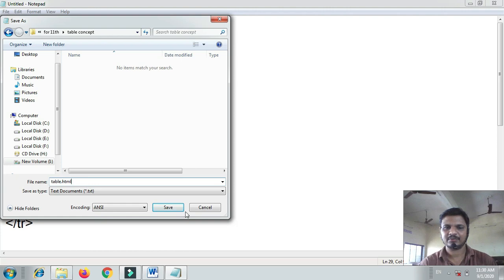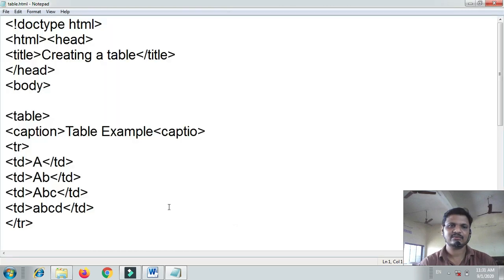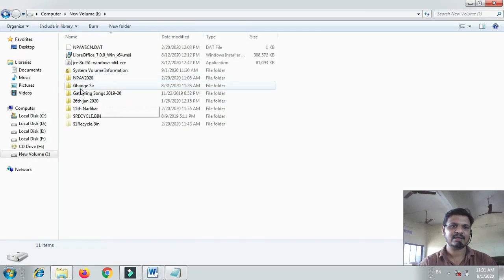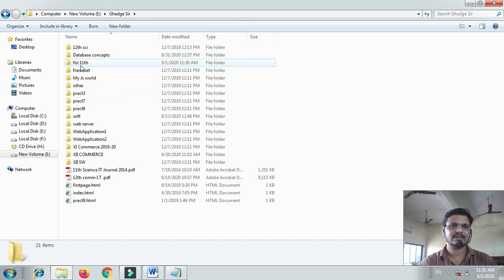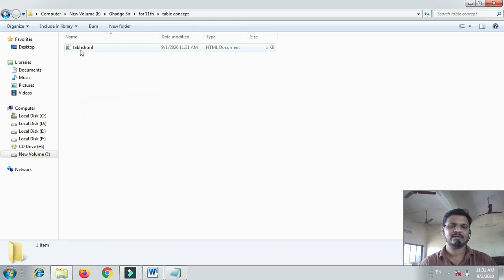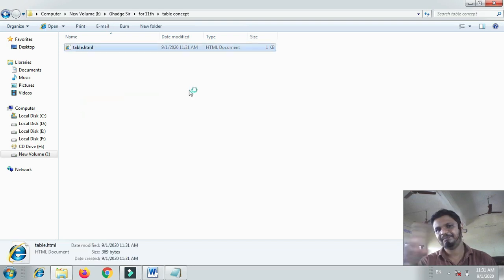If I click on save, then it's saved in the drive. I select the 11th folder and here the table concept. If I double click on that table, it displays the exact output.